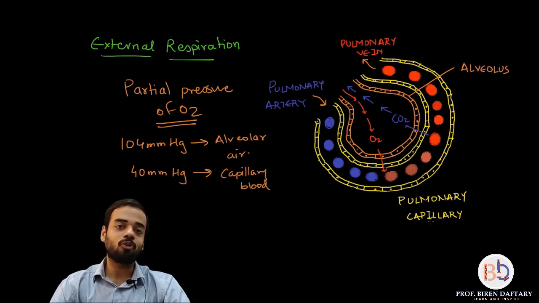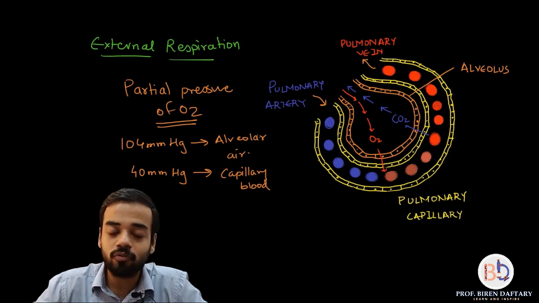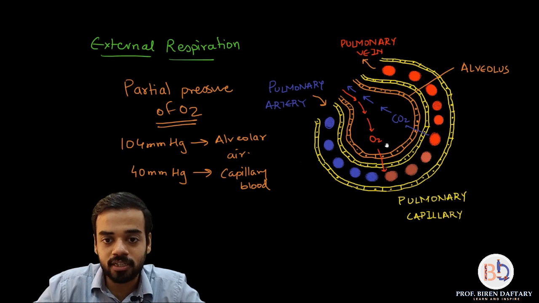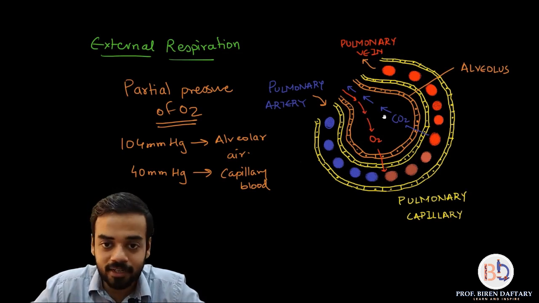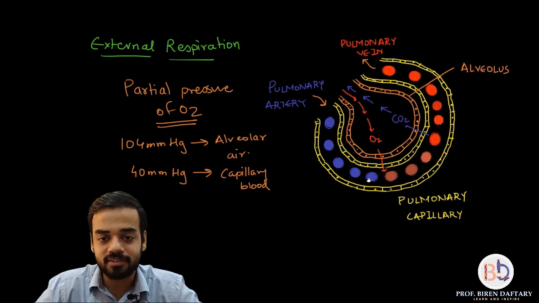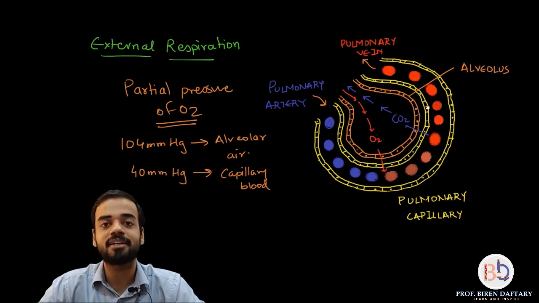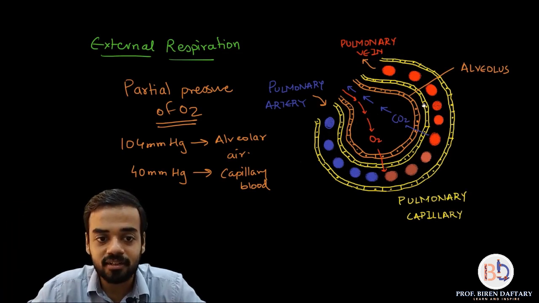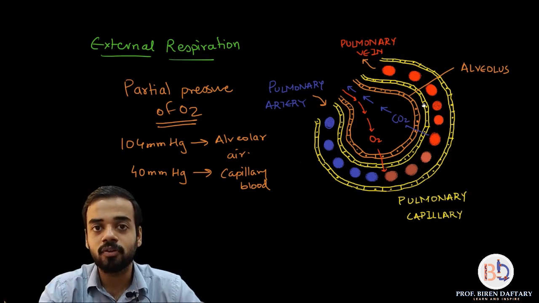So now what do you think, from where will oxygen go to which place? Obviously it will go from higher pressure to lower pressure. Pressure of oxygen is more over here in the alveolus and less in this capillary. So oxygen will go from alveolus into the capillary, correct? So I have shown this red colored arrow, you can see, and because of that, as you can see, the blood which is going ahead, it is slowly becoming red colored because the oxygen is getting attached to the hemoglobin. Is this clear?